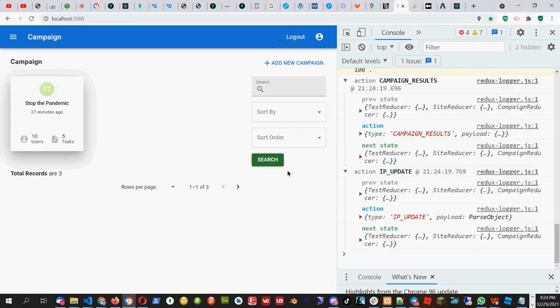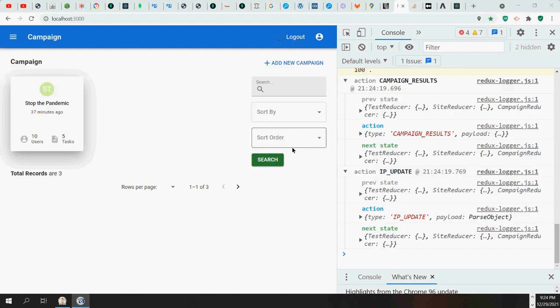Okay, so I'm getting the results here, 37 minutes ago. So this way we have created this sorting, and pagination is done.